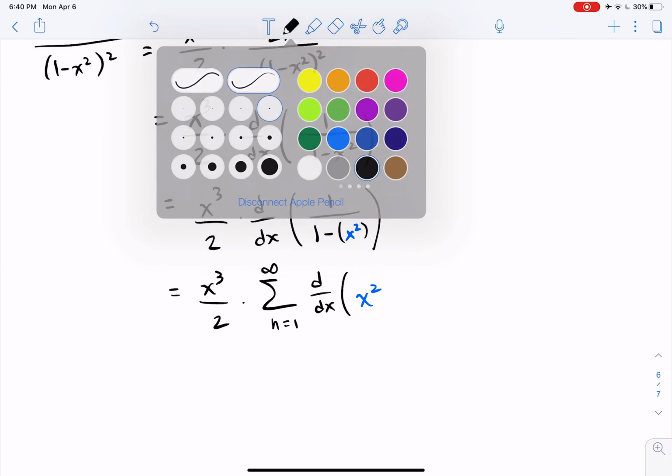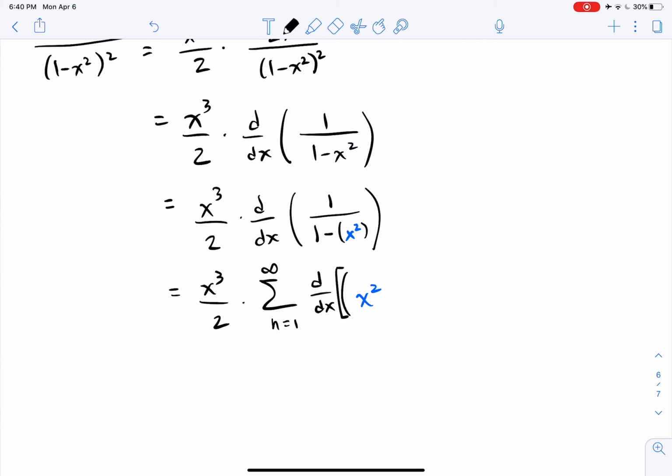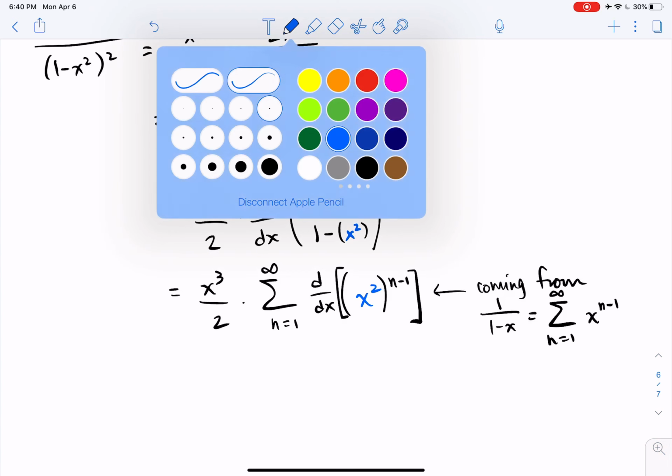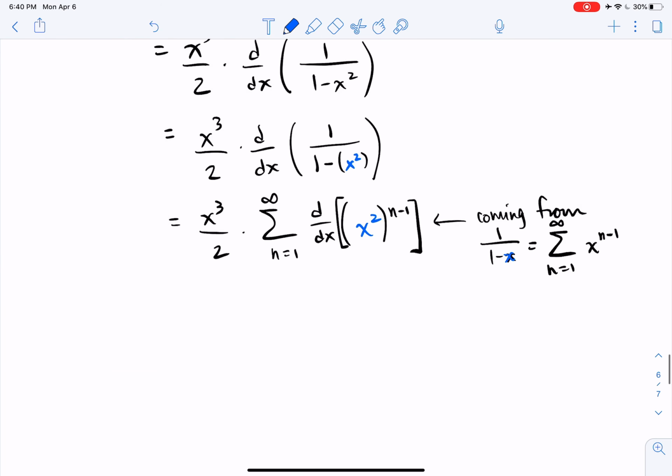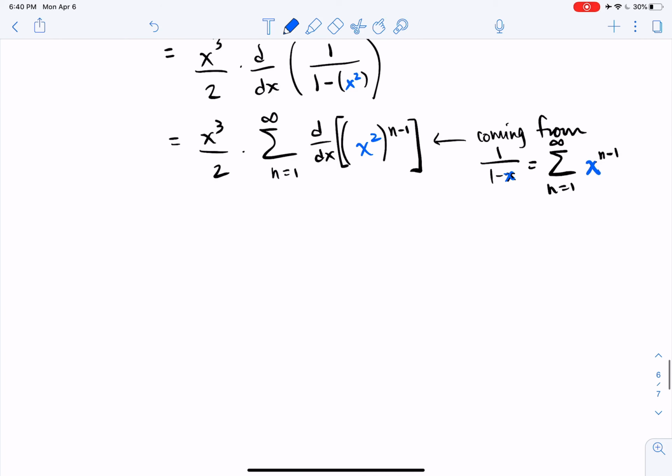Okay. All right, so this is coming from the power series expansion of 1 over 1 minus x. So you can see that all we did is we replaced x with x squared in both of those expressions. Okay, great. Now differentiating term by term, that is